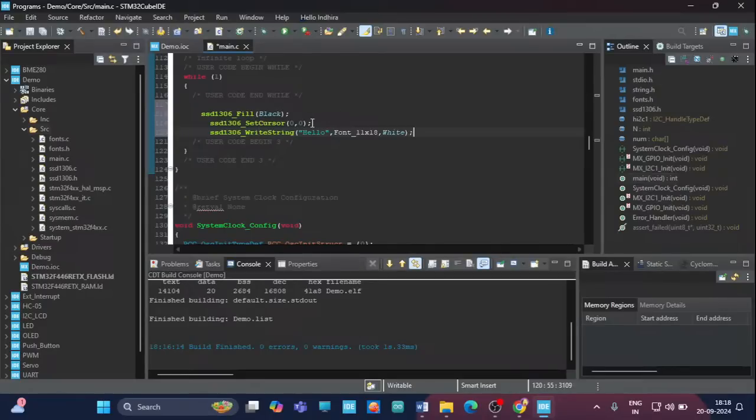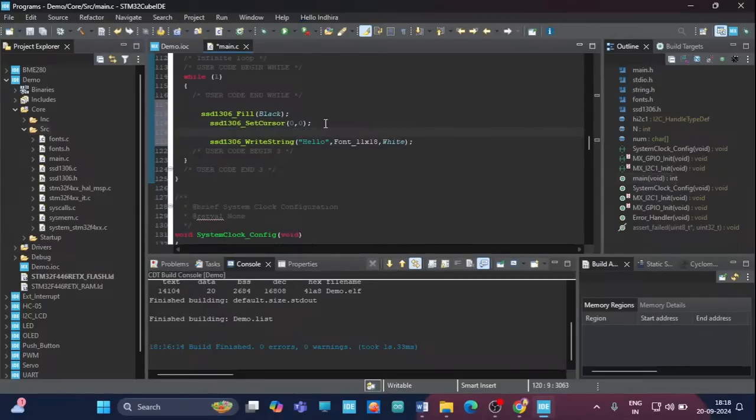At the 0th column, 0th row, I want to print numbers. Let me show you. Yes, sprintf. Inside I am going to pass the num variable, and then I am going to use counter equal to %d. After that I am going to give the variable name n. So what I want to print is that number: counter equal to number. It will only print the 0th number. For that,